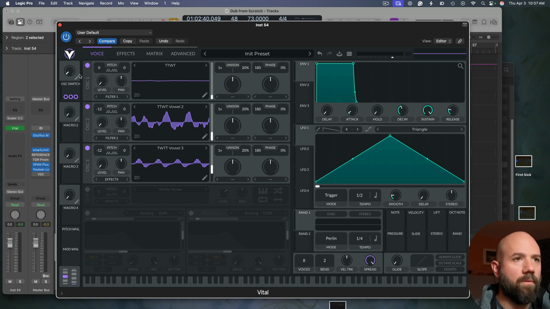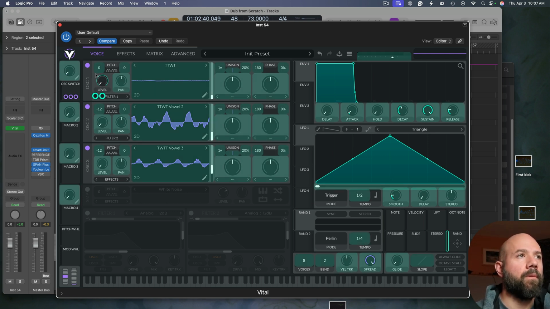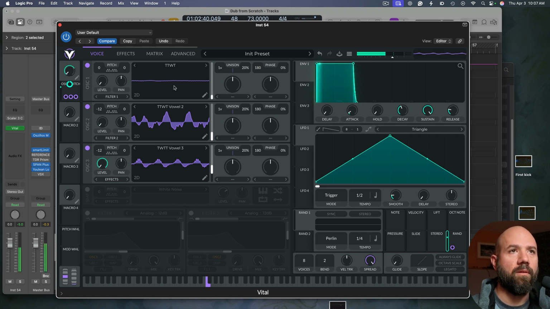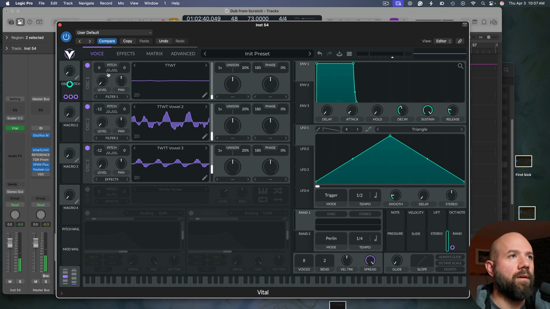Now what we're going to do is we're going to grab a note on random. So every time we press a key, we're going to get a different position, which should work out for us. It might duplicate sometimes. Yep, it works. And let's bring this down an octave as well, but we don't want these to be static wavetable positions. So before we turn this switch on, we want to